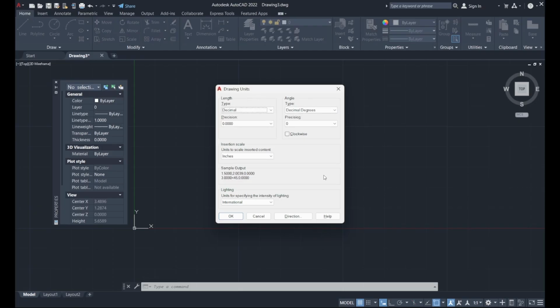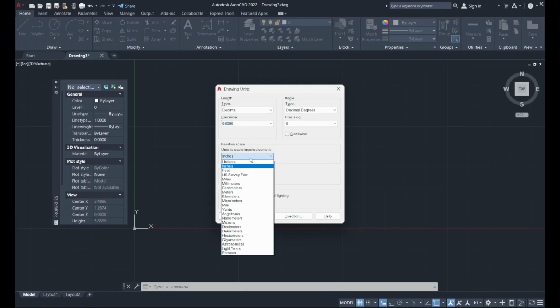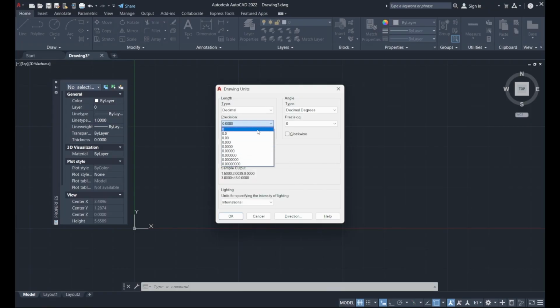Now here, depending on where you are in the world, you may have to use inches or meters. I am going to select millimeters, so I am going to make sure my type is millimeters here, and the precision I'm just going to keep at 0